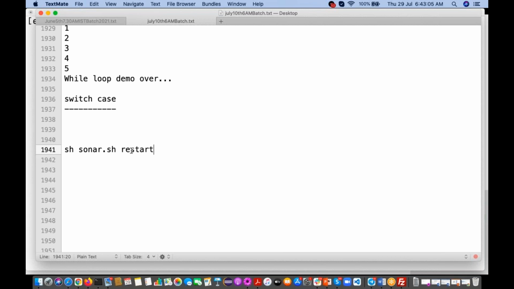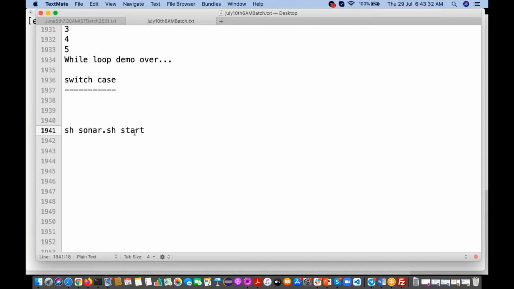Right. Suppose I am passing it in uppercase, or I am passing some keyword like starting. We don't have a pattern called starting. So at that time what is it going to do? It is not going to work, so it has to give some message. Okay. So here, see, I'm passing like this. Inside sonar.sh, it will be like this: echo